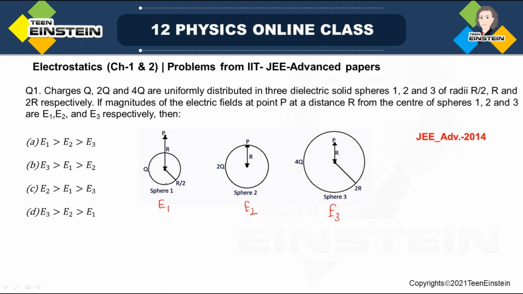For sphere 2, this point P is on the surface, and for sphere 3, it is actually an inner point. That means if I apply Gauss's law